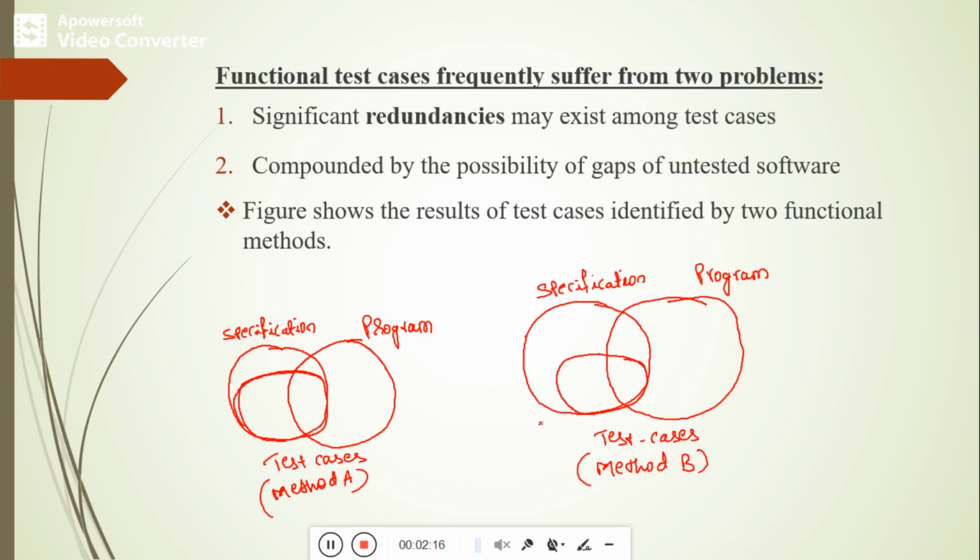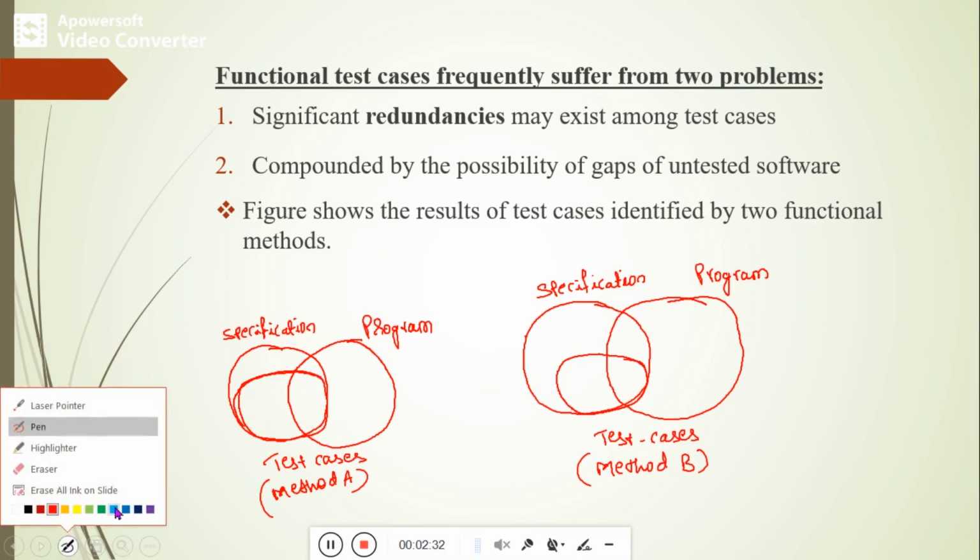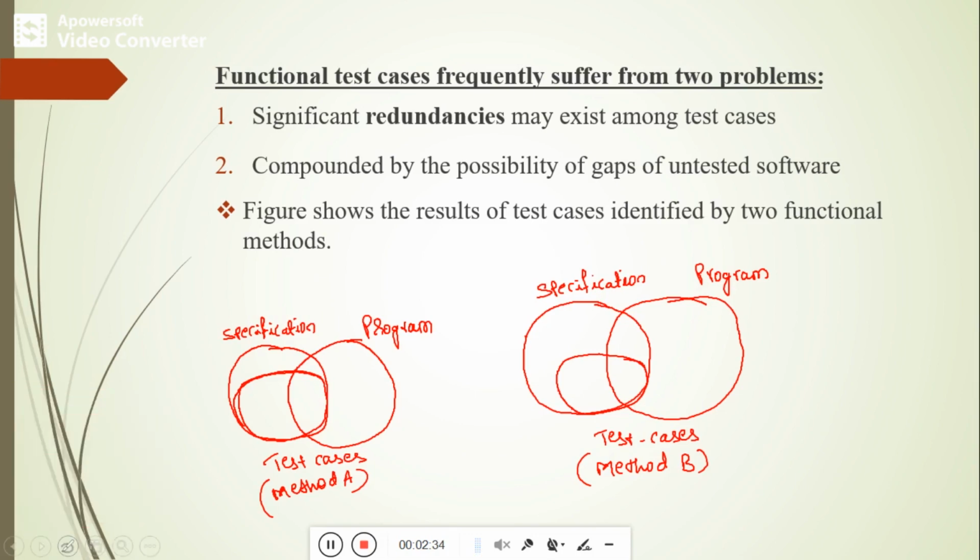Method A identifies a larger set of test cases as compared to method B. You can see in this figure that the test cases cover the maximum amount of the specification behavior.